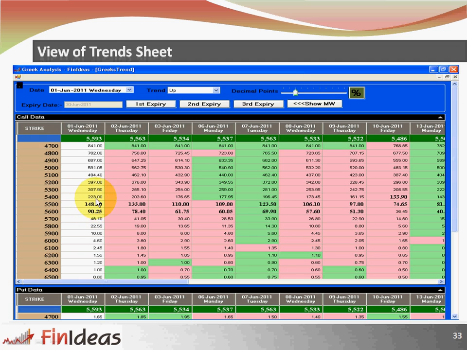Previous day the price was 148.90 and now it came to 133. That means the price has gone down. That is why this color is red. And here on 109 it went up to 123.50, so the color is green.